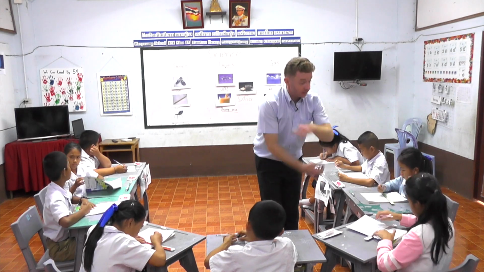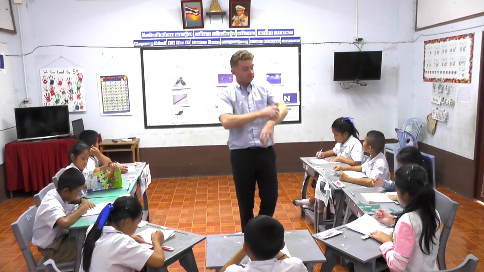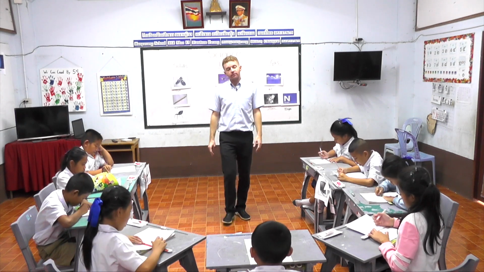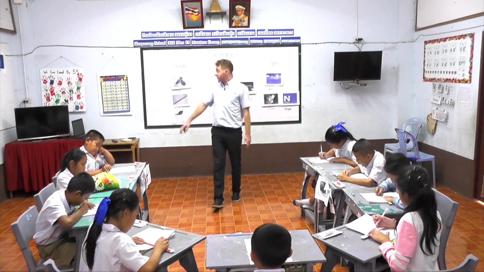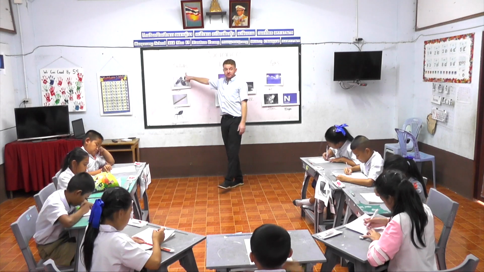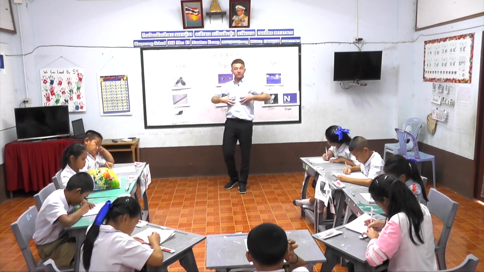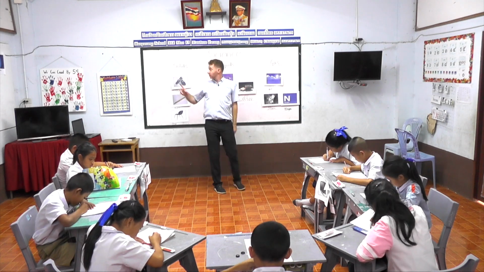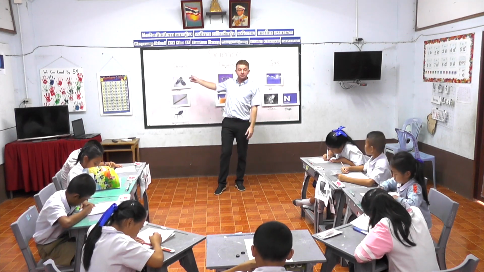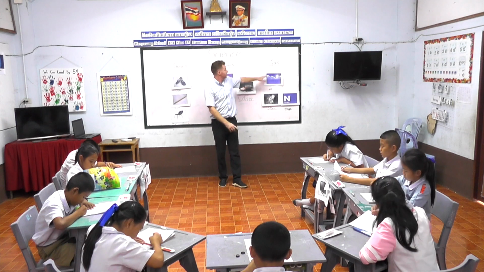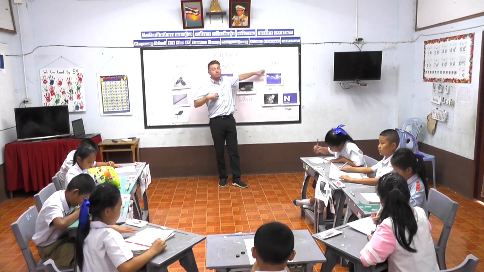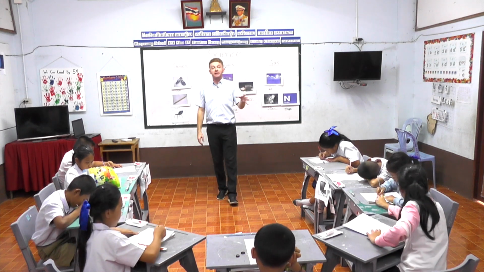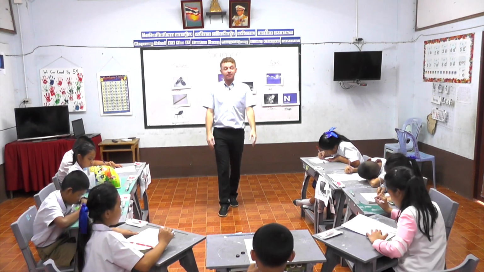Bone. In our bodies, we have lots of bones. And what are our bones, soft or hard? Hard, so they are solids. The blood in our bodies is a liquid. The bones in our bodies are solids. And the air and the oxygen we breathe are gases. So human beings are a combination of 3 different types of matter.